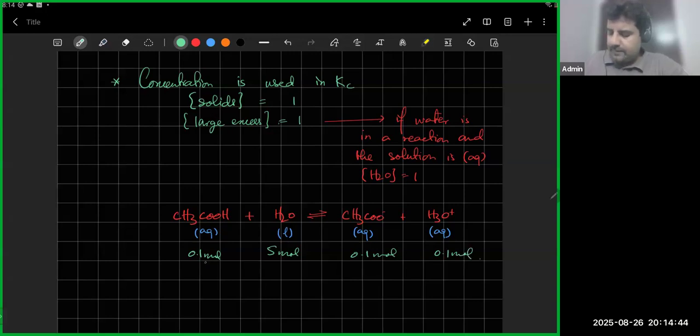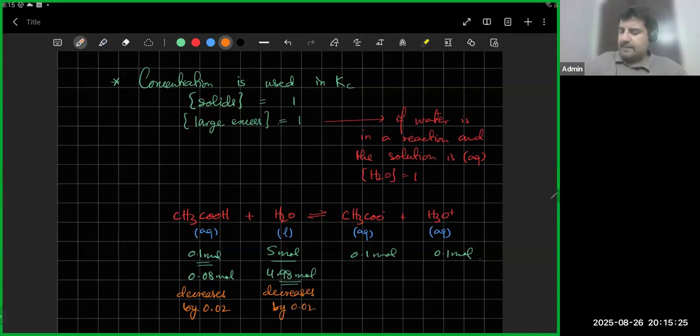So if the concentration of ethanoic acid decreases by a tiny amount, let's say it goes to 0.08 moles. It decreases by 20%, which is not a tiny amount. It decreases by 0.02 moles. So water moles would still remain almost the same. If this decreases by 0.02 and this also decreases by 0.02,